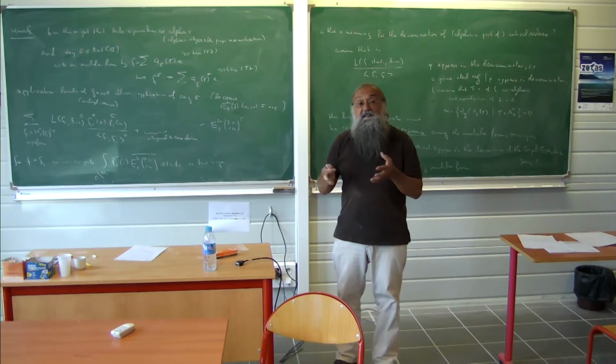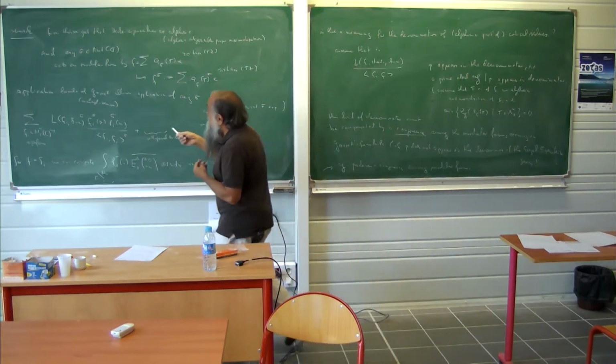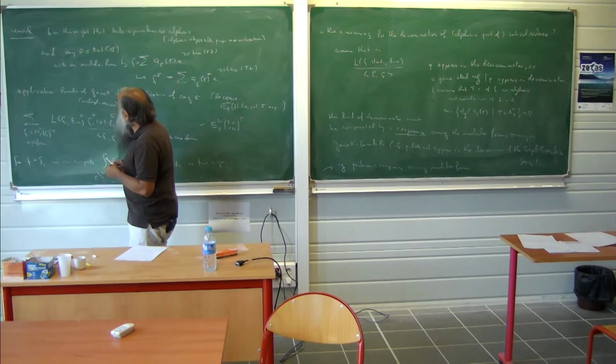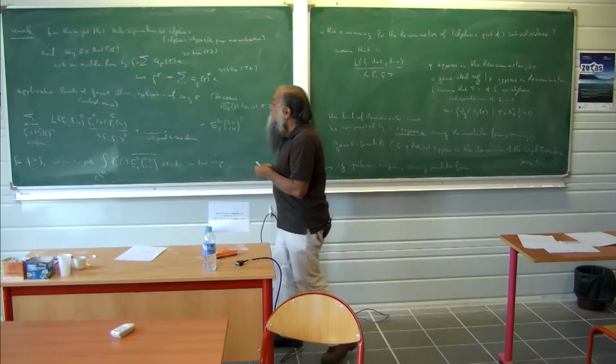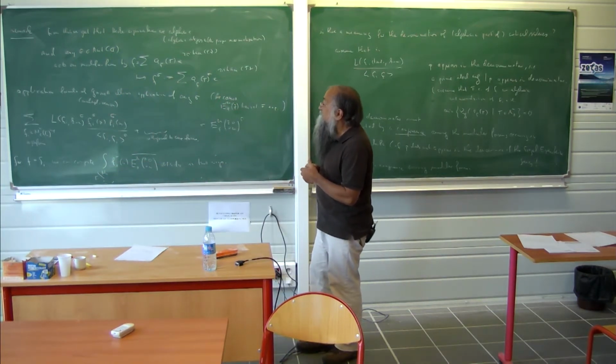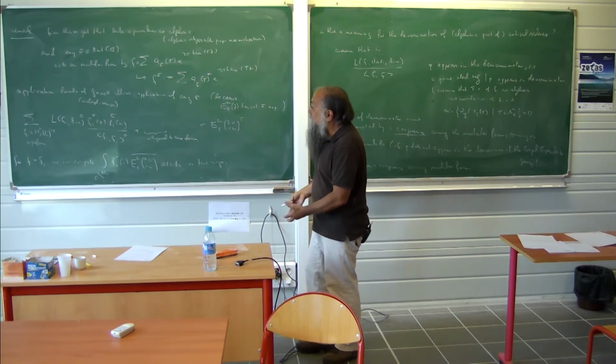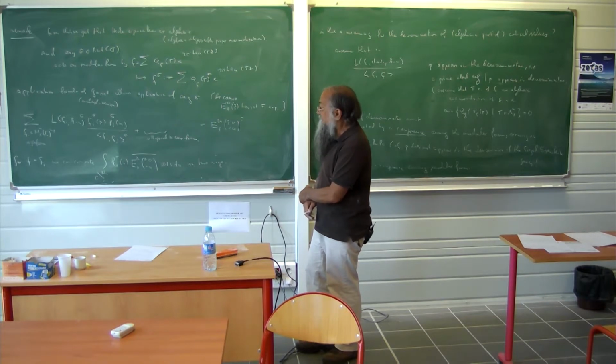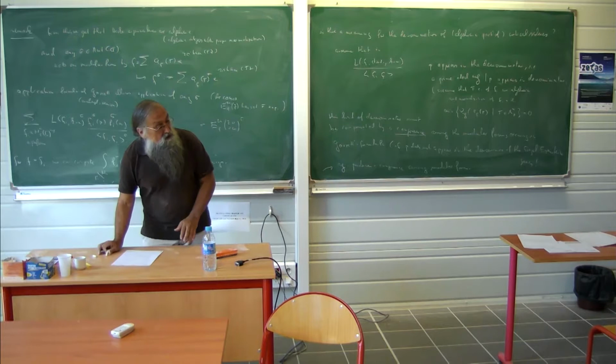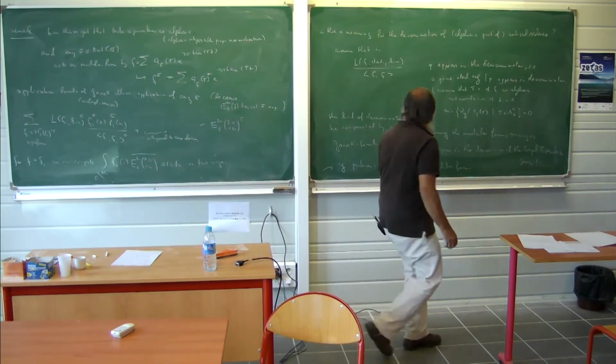By varying the characters here, you cannot produce many denominators, because after all these denominators should produce congruences, and there cannot be too many congruences. Okay, so finally,